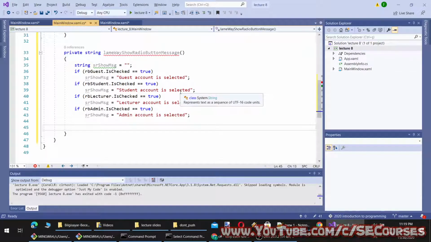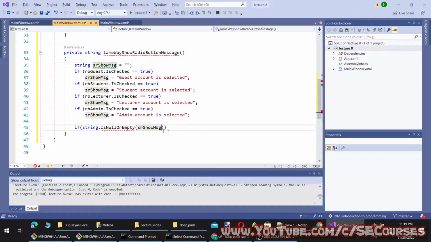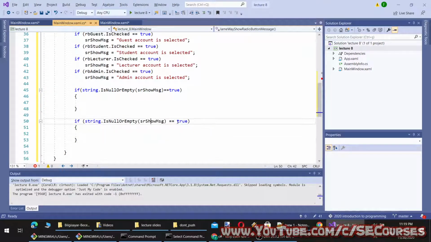I can check that by two methodologies here. I can use if string is null or empty method and show message equal to true, which means that if this string is empty or null, this if will work. Alternatively, I can use if the length of show message is smaller than 1.